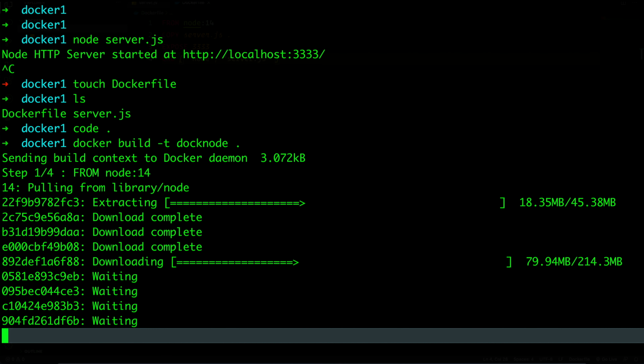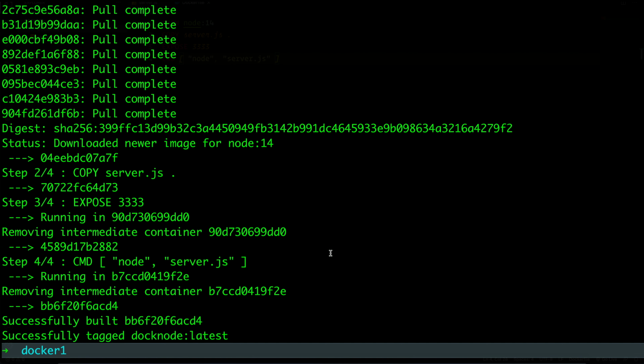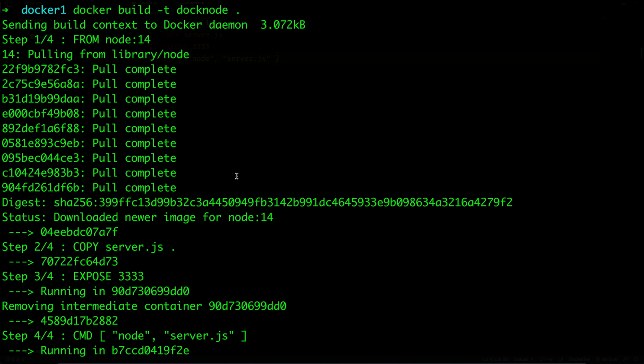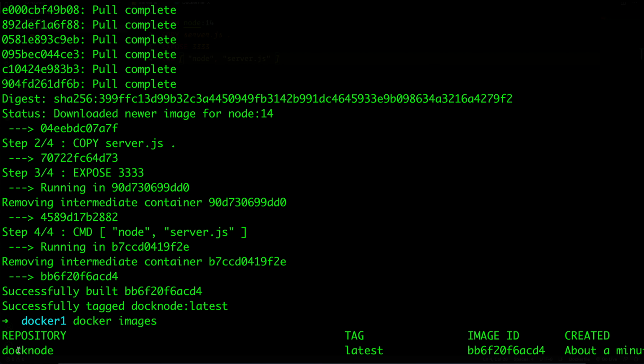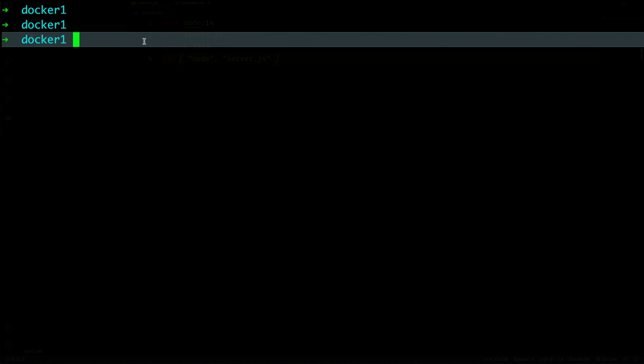Let's wait for that. As I said before, each line is an instruction. Here we can see for 4 lines there is step 1, step 2, step 3 and then step 4. For every step it is doing the instruction. It says successfully built. Let's run this command to see the images here. We can see docnode image has been created. Now to run that newly created image, we can do this command. And here docnode is the image name. And if I execute this command,